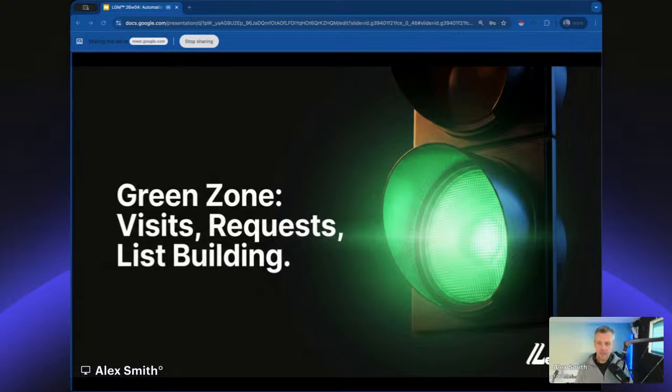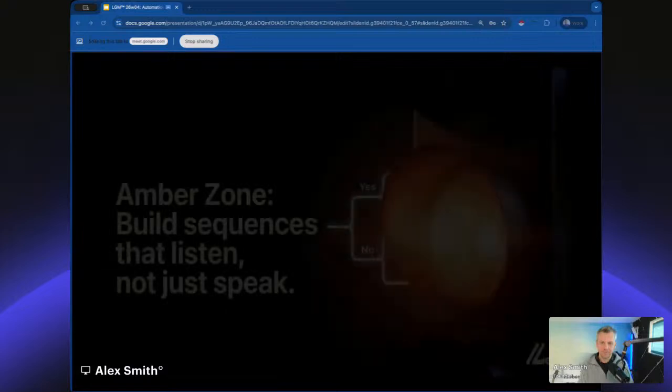Okay, and another thing that you might think about in the green zone is obviously list building. You can actually automate your search and export the prospects, and that saves you a lot of hours. And that's pure efficiency with no downside. LinkedIn won't get funny with you doing that. So building those lists, scraping the people from a list, and doing that automatically is going to be a really safe task to be doing.